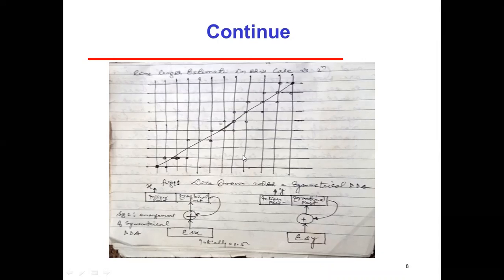So with the help of the symmetrical DDA, we can draw straight lines, and also a number of curves. We have already talked about the integer part and the fractional part, and this is the way we will use for the symmetrical DDA. In the case of the symmetrical DDA, we have two parts: one is called the integer part and the other is called the fractional part. And this is the way whenever we add epsilon delta x.